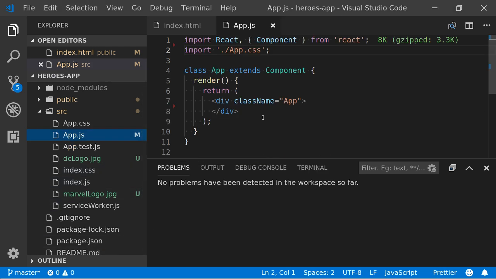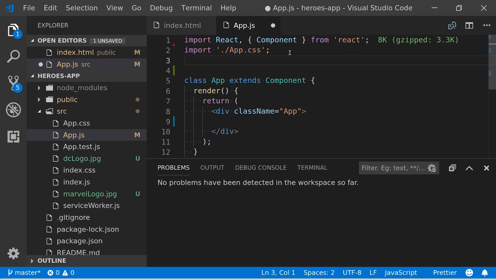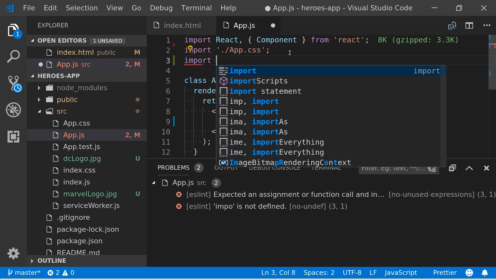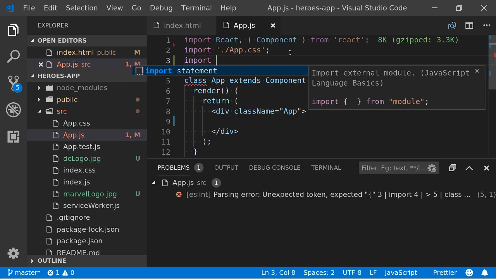Okay. So now, how are we going to display our two new images on the page? Can anyone tell me? Or help me? Import? Yeah, we definitely need to import them first. So how would I do that? Import? Okay, so what do I put first? What do I put next? What name do I put?